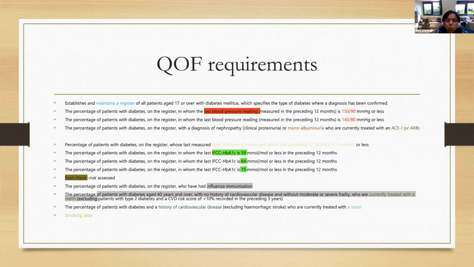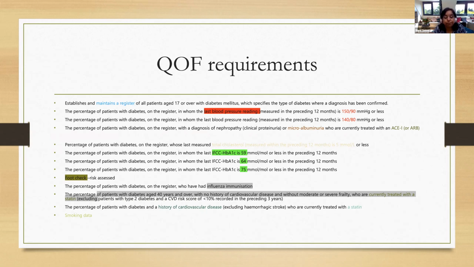I just wanted to put the QOF requirement out there just so you're aware, but just again, agree within the pathway what the PCN would like you to do. So for QOF, they just want you to maintain a register of patients with diabetes. They put blood pressure, they've got 2 blood pressure targets, which is 150/90 and 140/90, and you get different points for that. You haven't got ACR anymore, but what you have is that if the patient has been diagnosed as having diabetes, or they've got basically proteins, they should be on an ACE. So they're now looking at the number of patients who are ACR positive and that are treated with an ACE